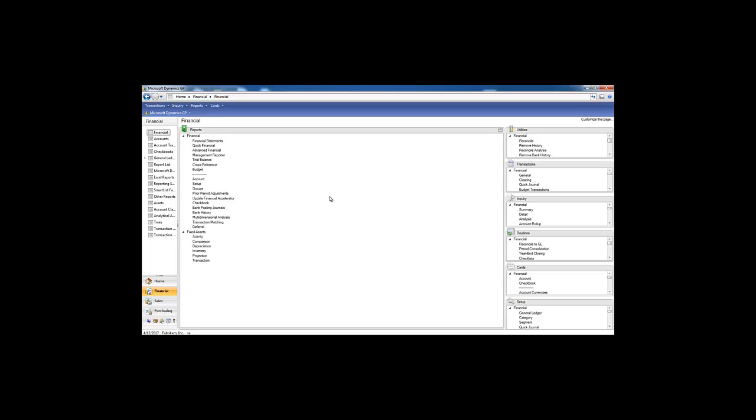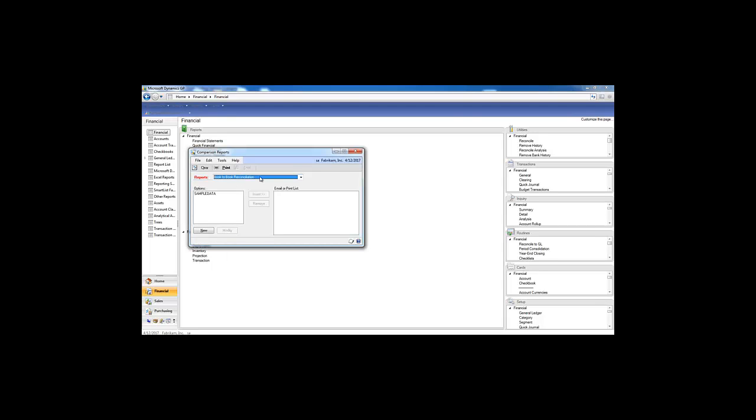If you have more than one fixed asset book, we recommend that you also print the following reports: the book-to-book reconciliation, the book-to-book year-to-date depreciation comparison,